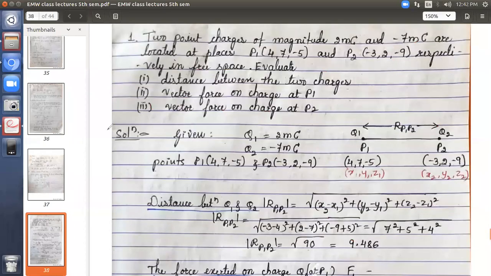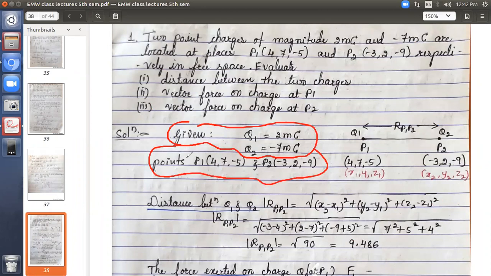So let's start solving the problem. For any problem, the very first thing is you have to write the given data first. That is the very first thing you have to do for all the problems. This data listing will make your work further easy. Okay, this is the first step.